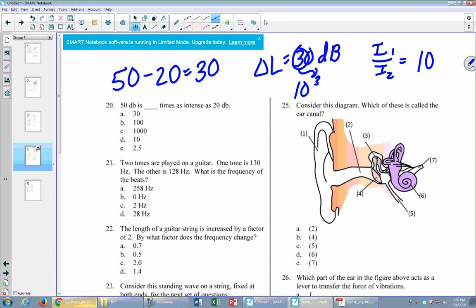All right, so our difference in the decibels and our sound intensity levels is 30. And so I1 over I2 is equal to 10 to the delta L over 10. And then you would solve that for the ratios, because I'm looking for this value. What is the number of times as intense that the 50 dB sound is to the 20 dB sound? So what is the ratio of their intensities, basically, is what I'm asking. And so that would be 10 to the delta L, which is 30, divided by 10, or 10 to the